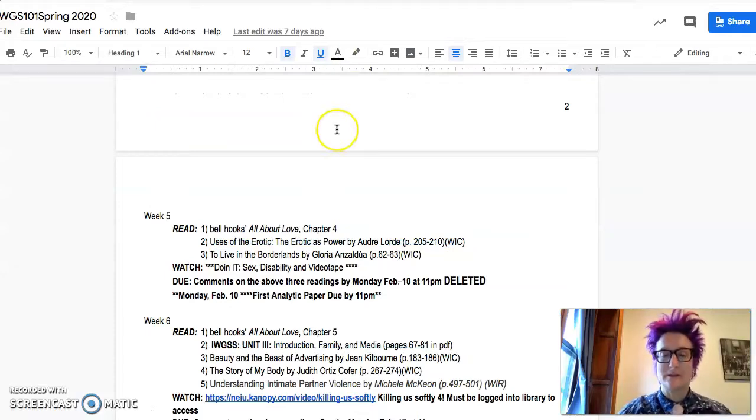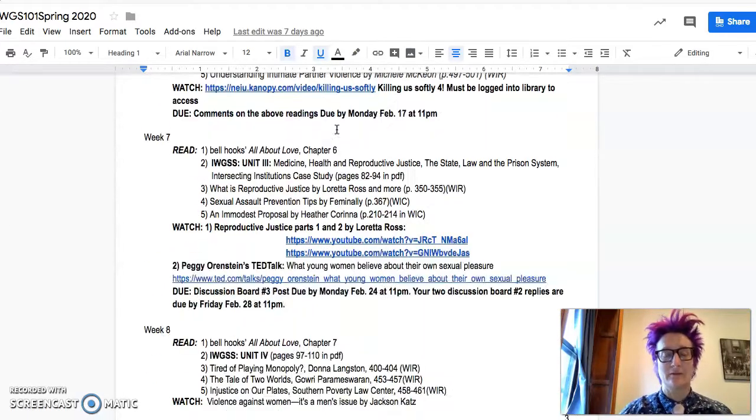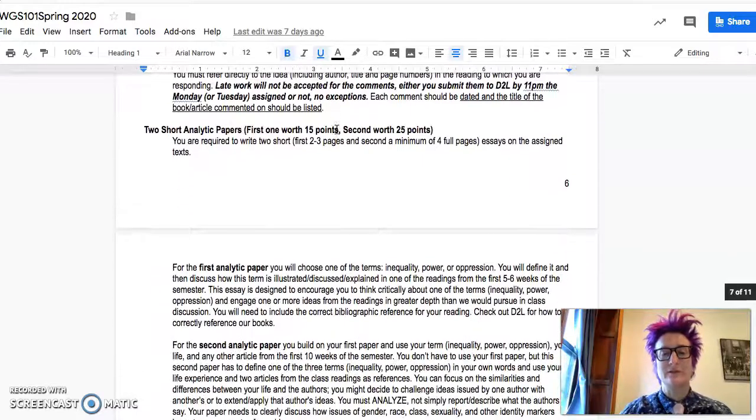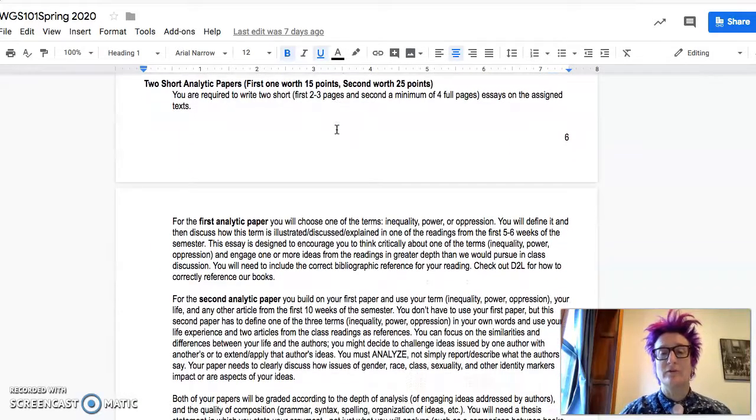If you turn to page 6, okay, I'm going to go now in the document, so it might give you a headache. Be easy on the watching. Page 6 has the description of our papers. We're going to do 2. The work this semester is really set up in thirds. The first third is comments, 2 discussion boards, and this first paper.